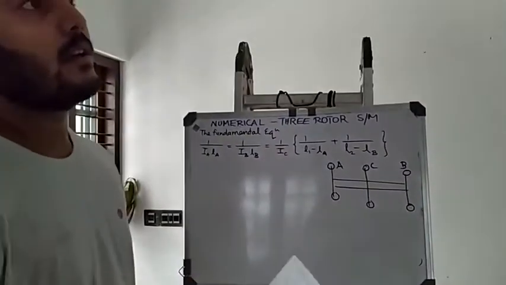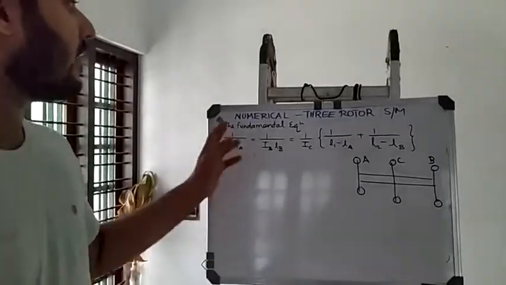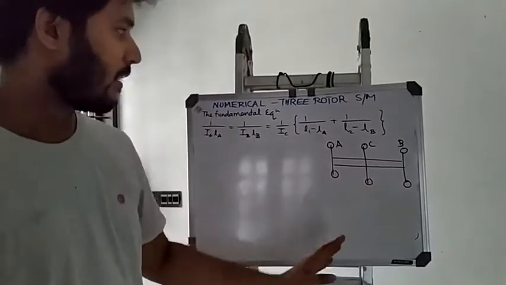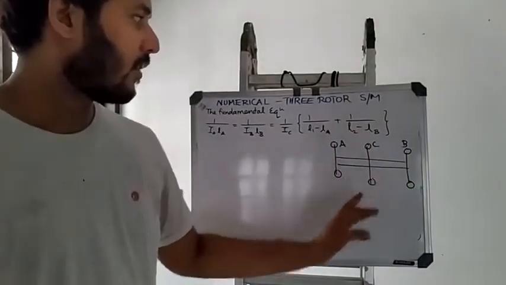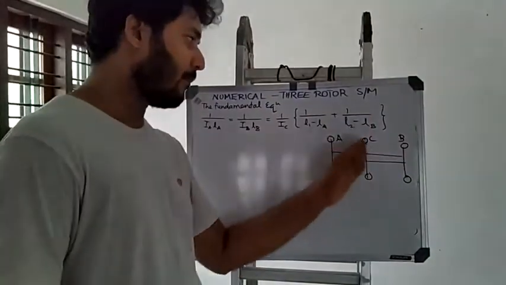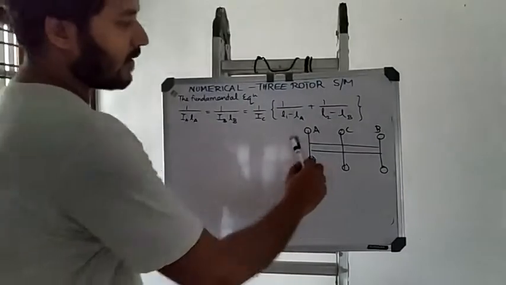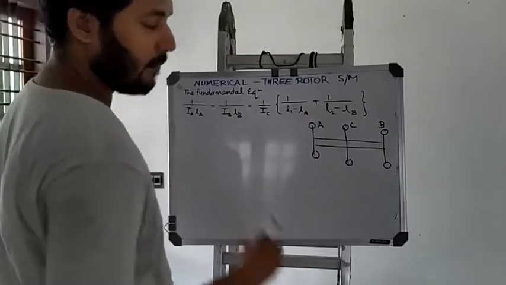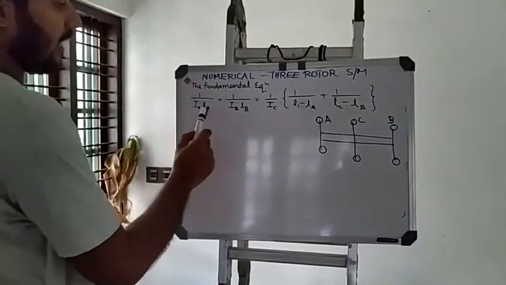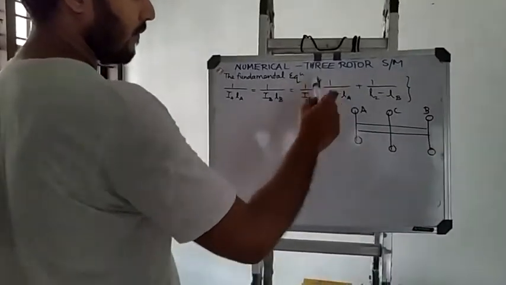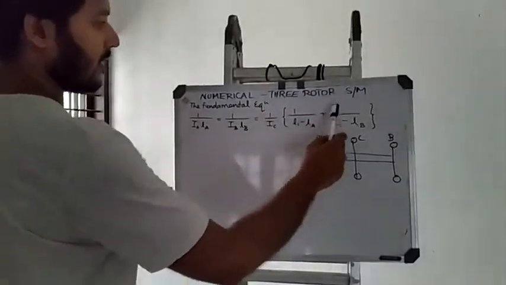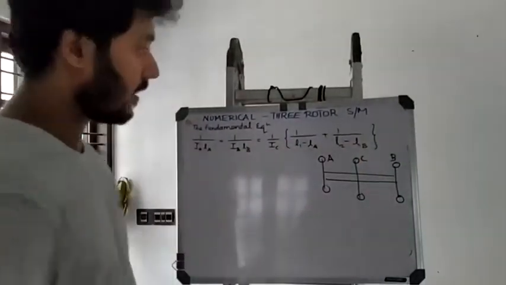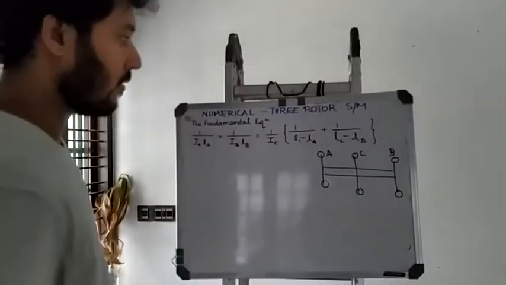Now, in one of the previous videos in which we discussed the three rotor system, we modeled it with two rotors A and B at the two end points and C at the midpoint. For this kind of system, we devised the fundamental equation with respect to L1, LA, LB, etc. The equation is 1 by IA LA equal to 1 by IB LB equal to 1 by IC multiplied by 1 by (L1 minus LA plus L2 minus LB). You have to look into the previous video where we discussed the three rotor system, where the scenario is clearly explained.